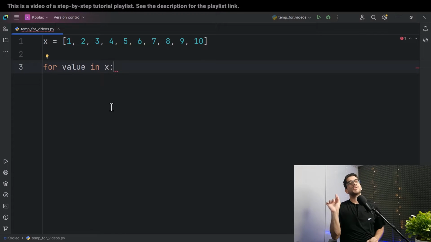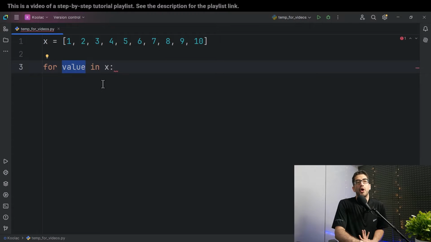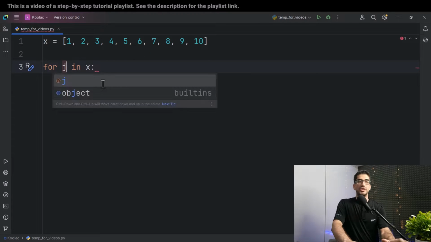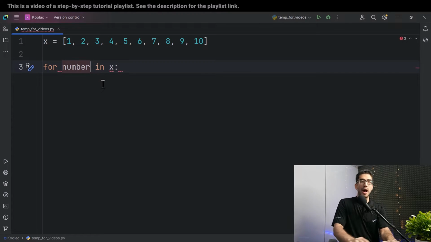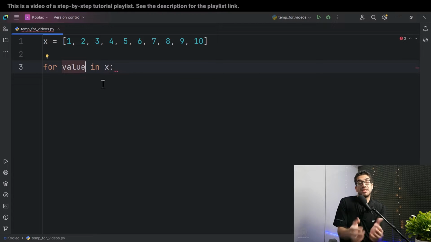And the first question that you might ask is this: is this name arbitrary? Can I change it to some other things? Yes, you can. For example, you can say for i in x, for j in x, for number in x, for every number in x, or for whatever. So you can name it whatever you want. It's an arbitrary name. So for example, let's say for value in x, for every value in x, and then I put a colon